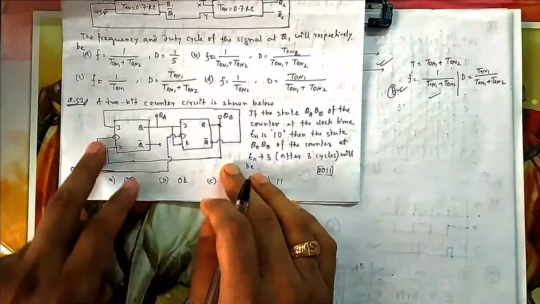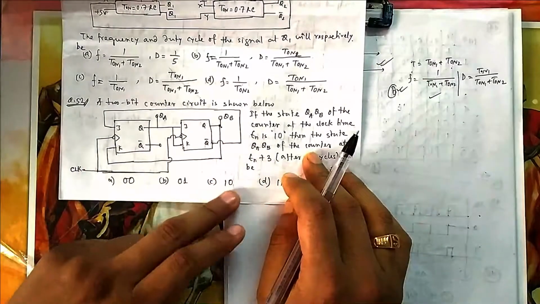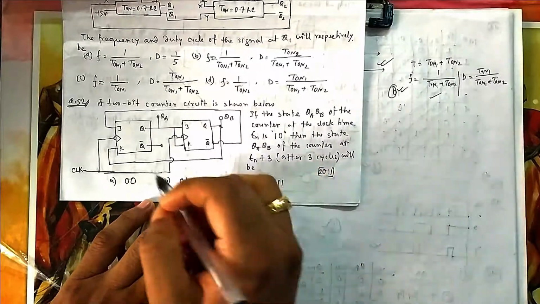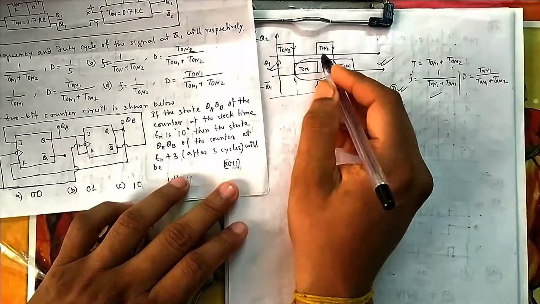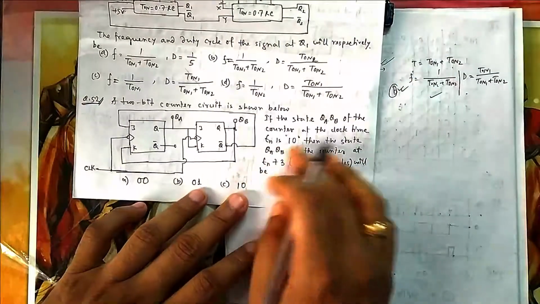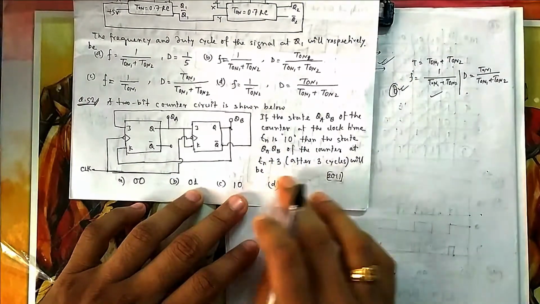So for this type of clock pulse, if there is a bubble, that means negative edge. If there is no bubble, that is positive edge. So here it is not required at what edge it is. In graphs generally it is required. Whenever it is a rising edge, then it will start from here. If it is a falling edge, then it will start from here. So in graphs it is required, here it is not required. Just count, and after 3 cycles what will it be.